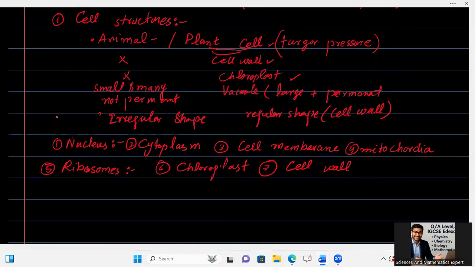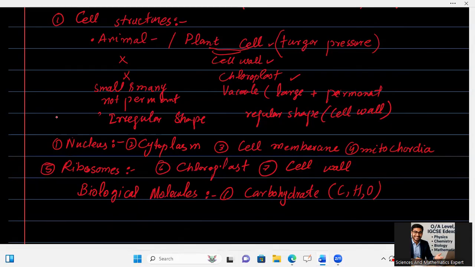After the cell organelles, I will move towards the basic biological molecules. Biological molecules. The first basic biological molecule is carbohydrate. Carbohydrate is made up of carbon, hydrogen, and oxygen, and it is made up of sugars. It provides energy. Examples are starch for plants and glycogen for animals, for storing